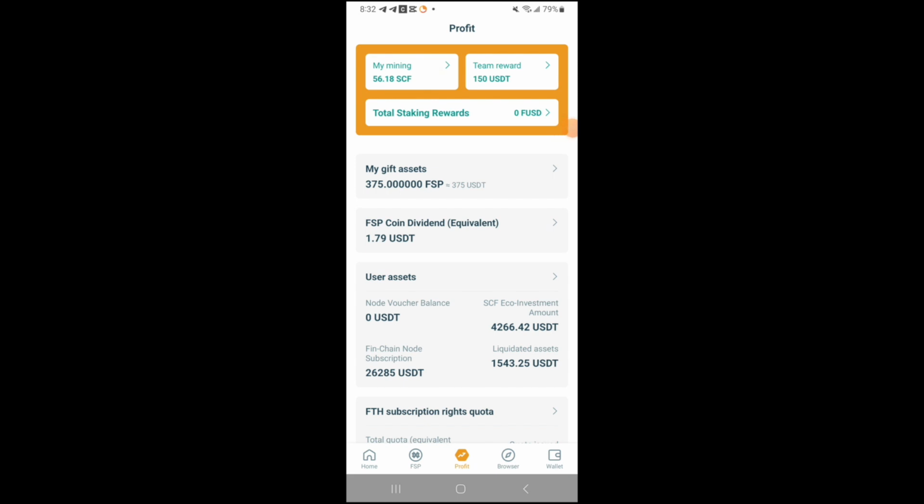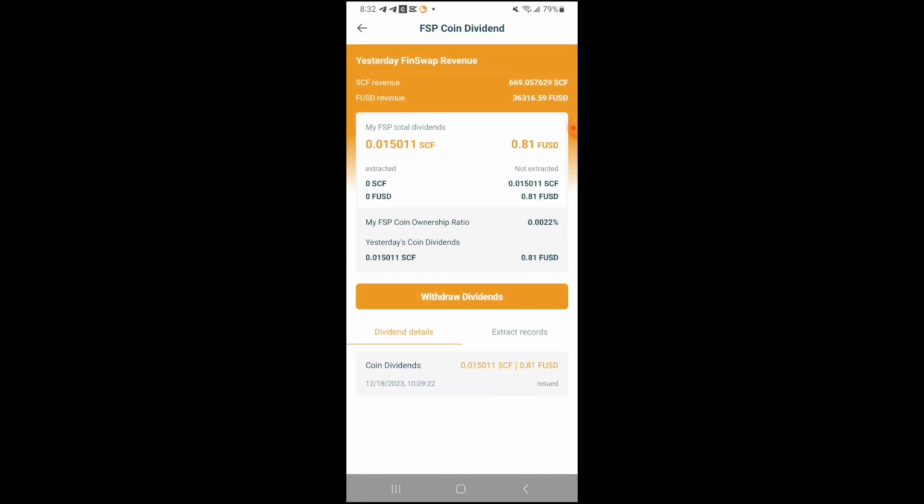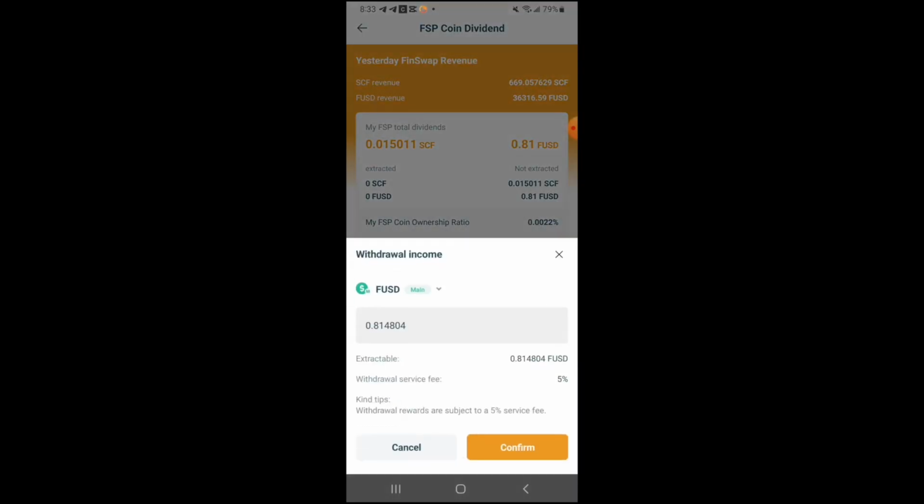So this is now 24 hours later, and you can see I now have the FSP Coin Dividend available, and it gives the breakdown here. Looks like I'm being paid dividends in SCF and also in FUSD, and it gives the FSP coin ownership ratio. It shows you how much coin dividends I've received yesterday. So if you tap on withdraw,